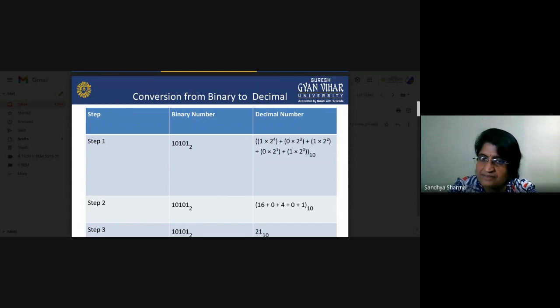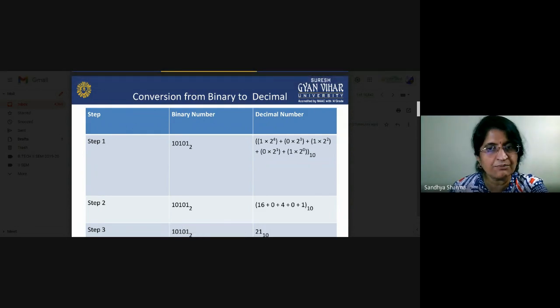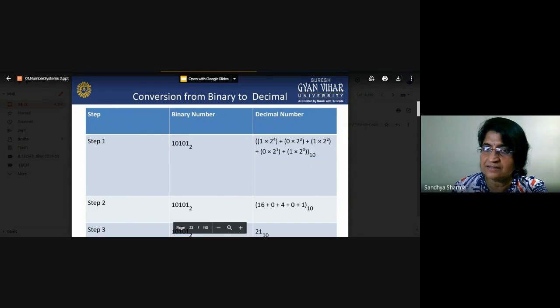Now what will happen there? Since the base is 2, you have to multiply with powers of 2. Always remember which number system you are working in and what the base of that number system is. If we are working on the binary system, the base is equal to 2. Now the first bit, the LSB, is multiplied by 2 to the power 0, plus the second bit is multiplied by 2 to the power 1, and in this way we continue, and the last bit, the MSB, is multiplied by 2 to the power 4.